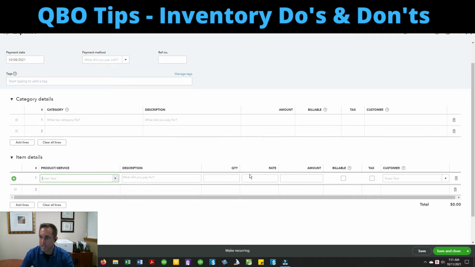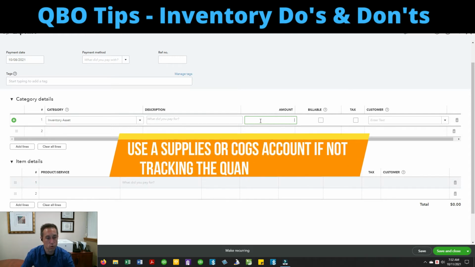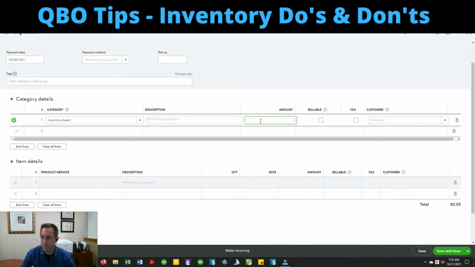Etc. I see a lot of people categorizing things up here directly to inventory asset, just saying I bought 6 of these in the description and the amount. Don't do this. You're better off putting these things to supplies or cost of goods sold if you're not actually tracking these items as inventory items.